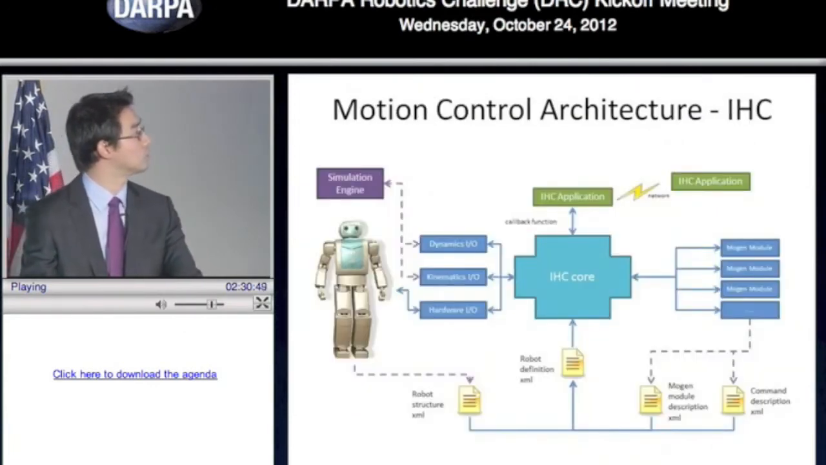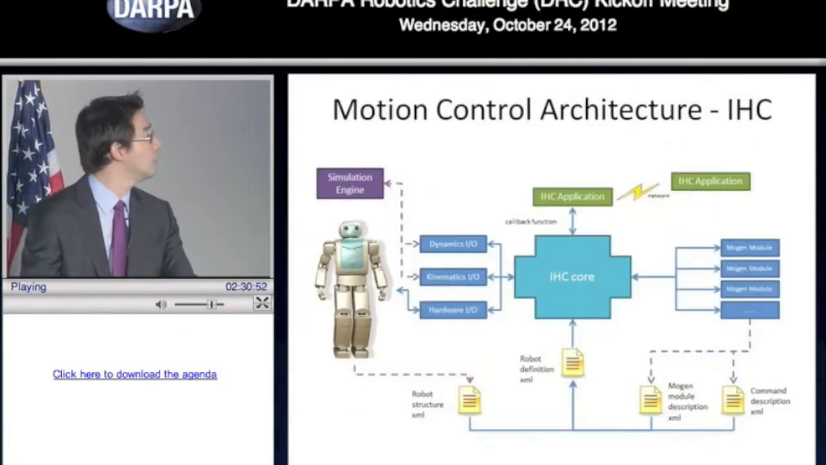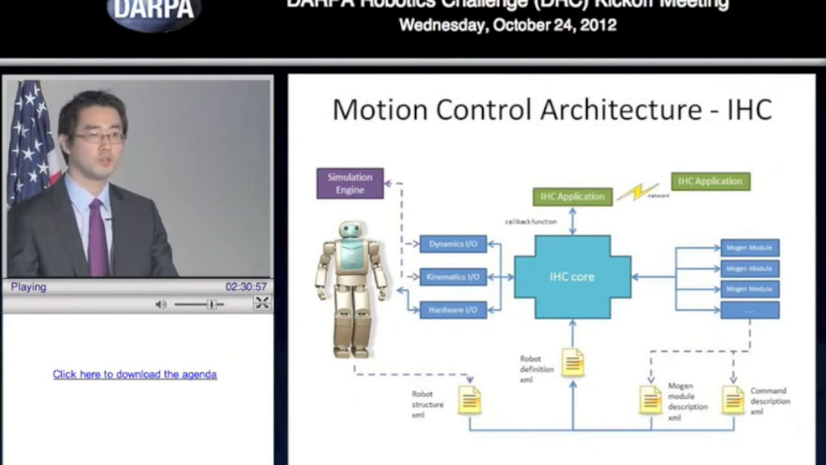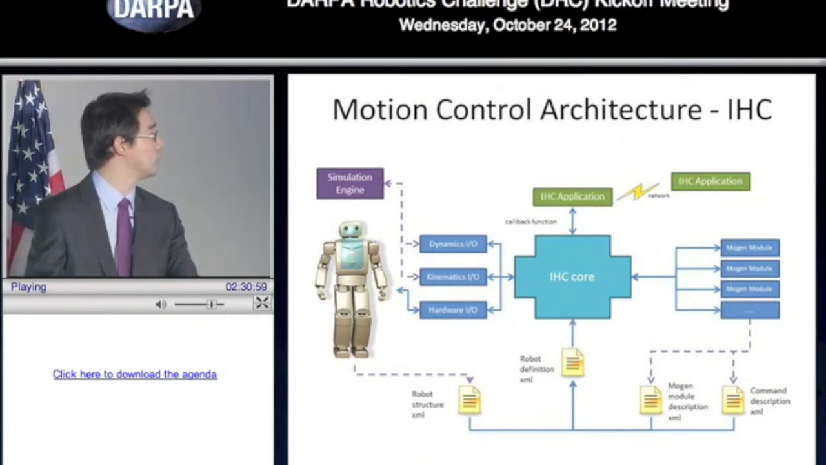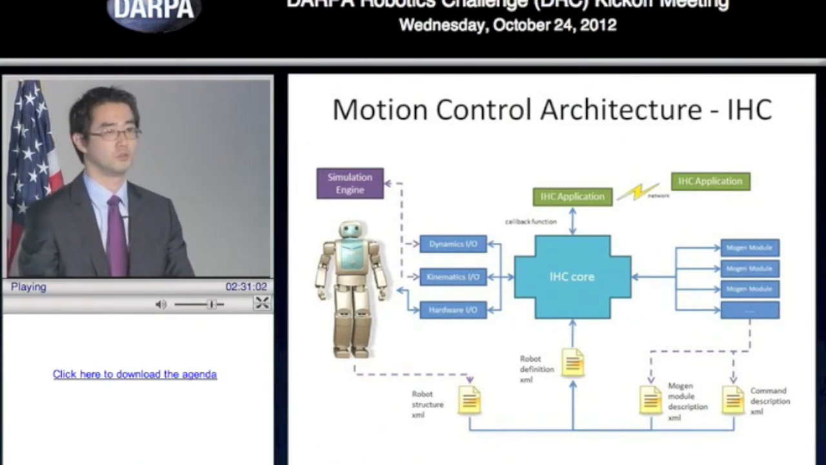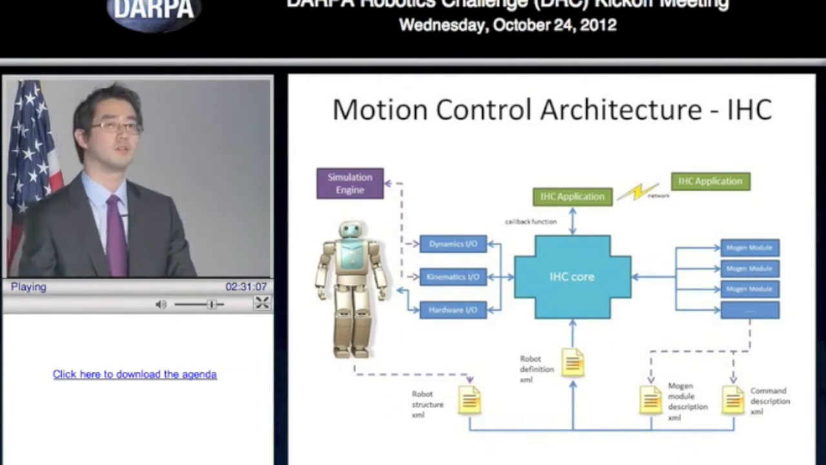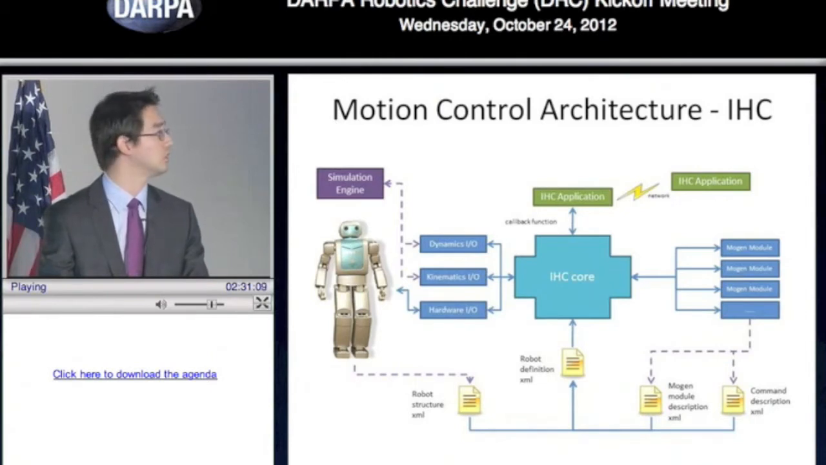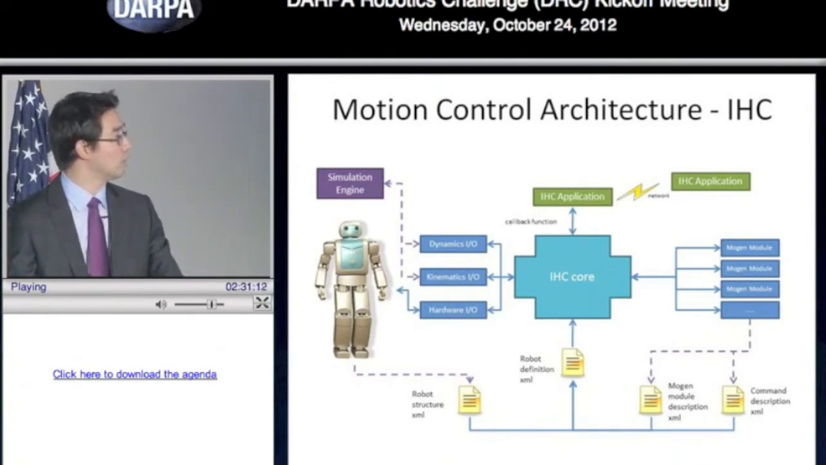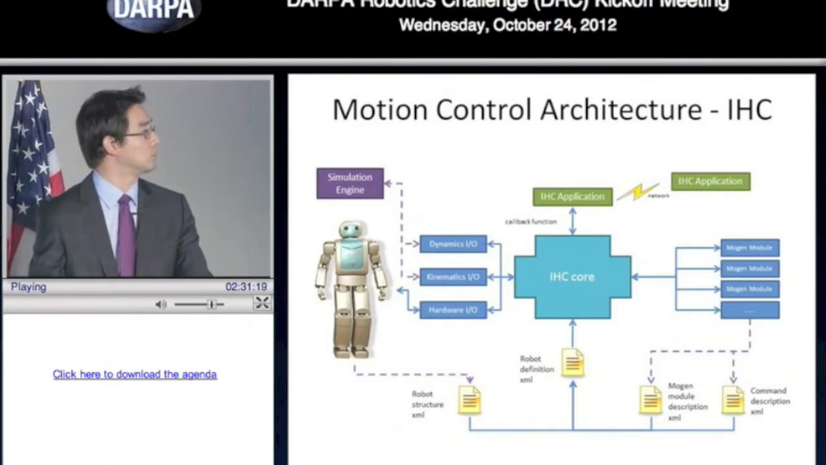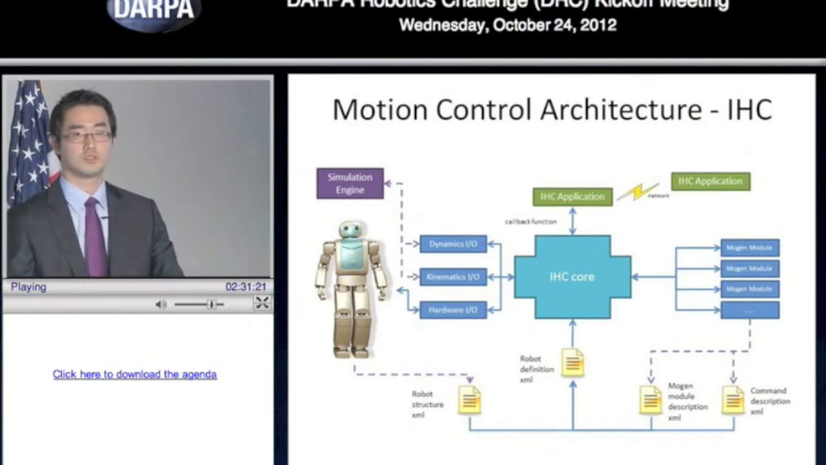And we have a motion control architecture called IHC. This is a very modular system, and it has input-output components. You can plug in simulation engines or the hardware, and you can easily switch back and forth. We can have different motion generation modules plugged in. One good thing about this approach is that multiple people can work on the same system at the same time. So hopefully we'll be able to do all this stuff and finish it on time